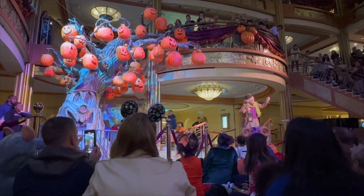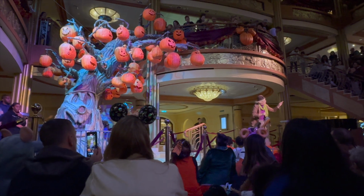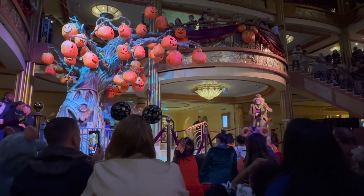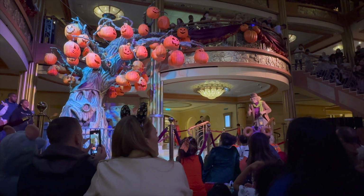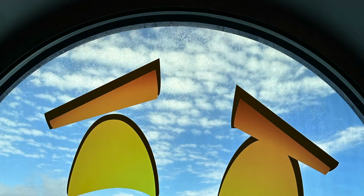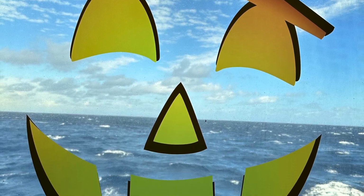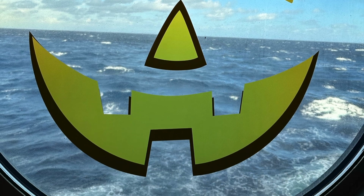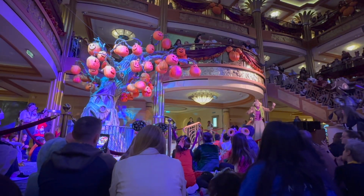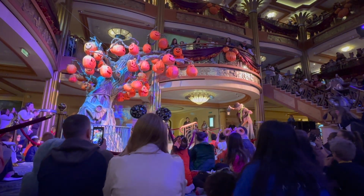In fact, when we reached the hall, we found out that they weren't actually doing trick-or-treating because of logistics apparently. Their plan was to leave some candy in our staterooms, but this defeats the fun of trick-or-treating. Our kids were devastated. Trick-or-treating was the main thing they were looking forward to on Halloween, and loads of other kids around us were in tears as well. It did put a massive dampener on the evening, but we decided to try and make the most of it still